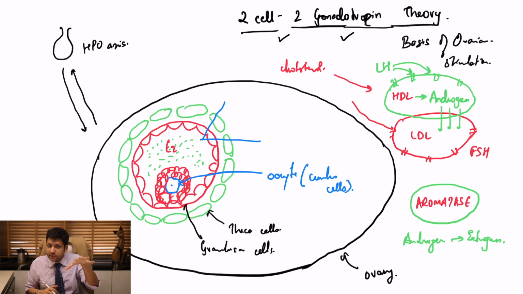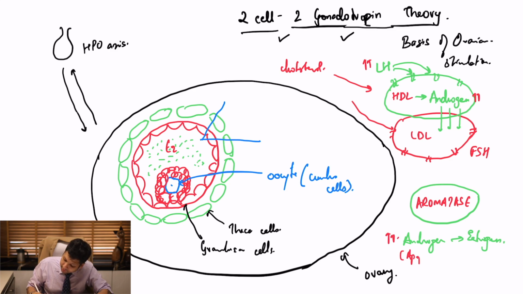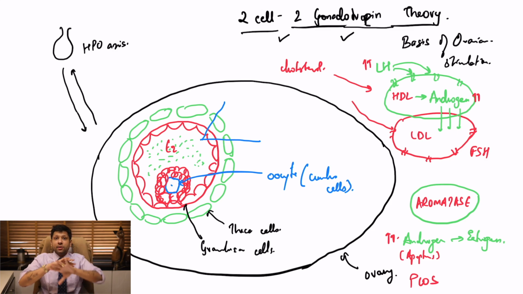Alright. Now this is a very important basis. Remember, whenever we have excess of LH, there is excess of androgen. You don't want excessive androgen. Whenever there is excessive androgen, you can have apoptosis. This is a typical picture which is present in PCOS, right? Excessive LH causes excessive apoptosis, so you have lots of empty follicles, as a result of which in PCOS you see lots of follicles, and when you stimulate you have a high risk of developing OHSS.